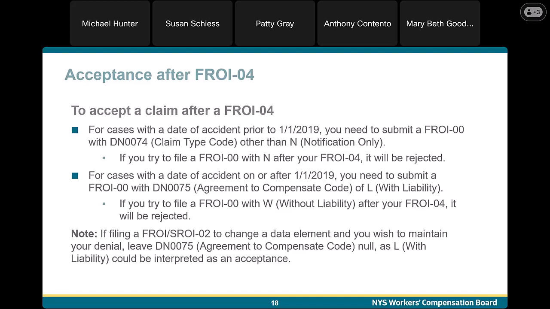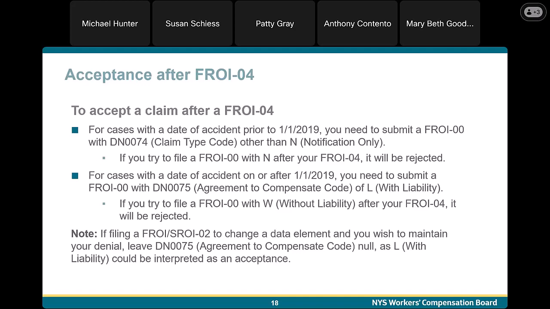For cases with a date of accident on or after January 1st, 2019, you need to submit a FROI 00 with DN75 agreement to compensate code of L, with liability. If you try to file a FROI 00 with W, without liability, after your FROI 04, it will be rejected.